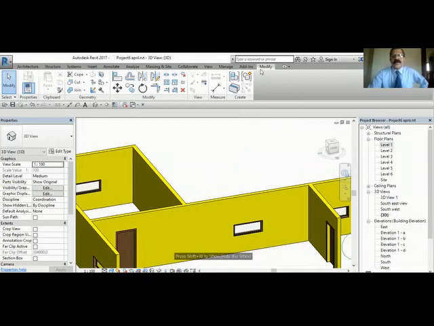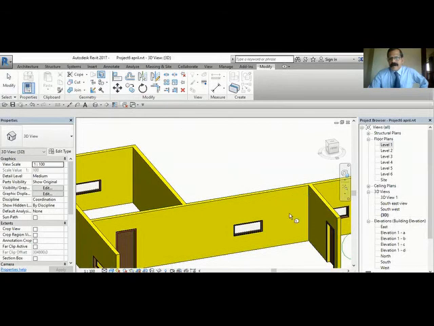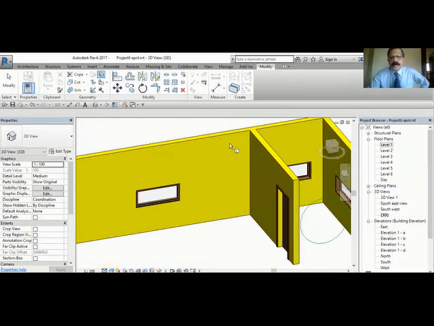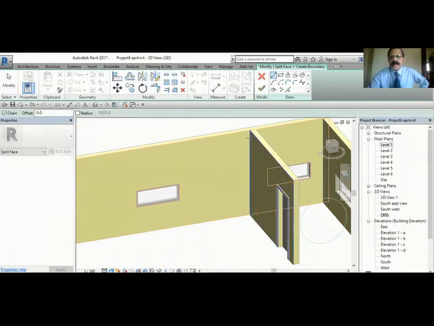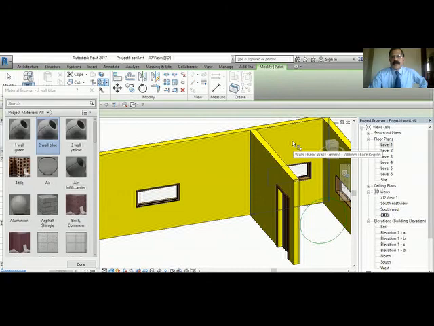So what I'm going to do is Modify, Split Face, not Split Element, Split Face. When you select the face, you will go to another mode, so be careful when you select. If you select like this, you are selecting both. You come to this side now, it selects only this face. Click. And you can see some yellow line here and a yellow line on top. From the top, slowly draw till this line. Click, okay. Now you can give another color to the paint. You can give another color to this. Suppose you want green color. Green. That's how you do it.